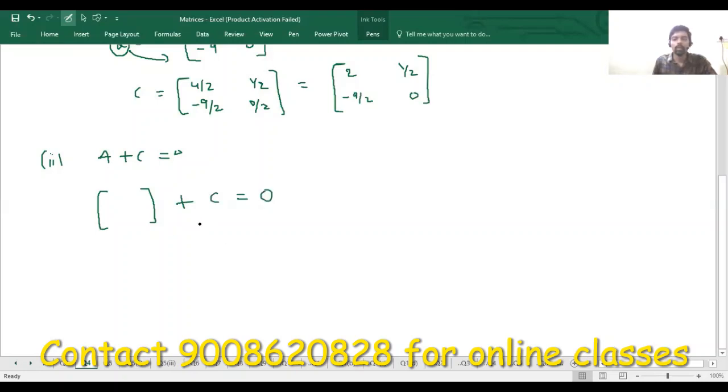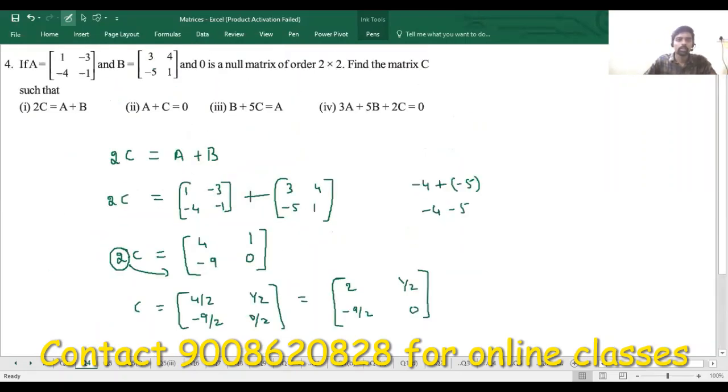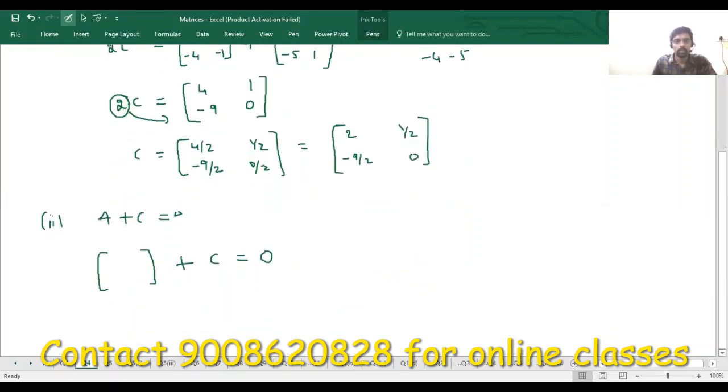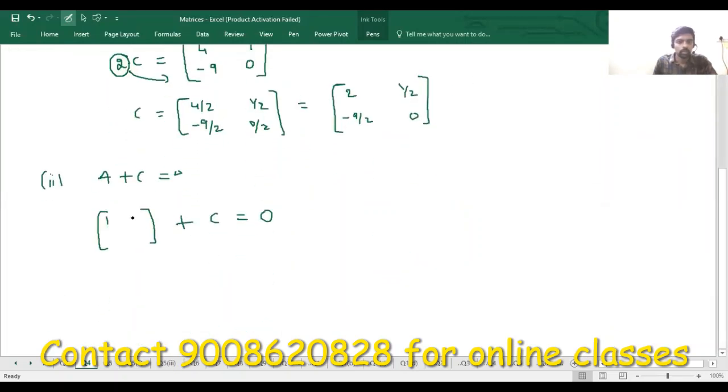So now we need to find out the value of C, guys. But we know that A matrix is given in the question. So just look at the question, guys. What is the value of A? Value of A is 1 minus 3 minus 4 minus 1, correct? I'll substitute that in place of A. So in place of A, I wrote A matrix plus C as it is, and that is equals to 0. So 0 is null matrix. What do you mean by null matrix? 0, 0, 0, 0, correct?